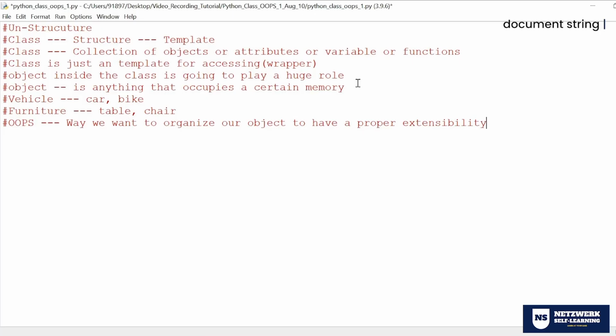I just have to get help from him to extend his features. For example, my dad is on the ground floor where he has everything: food, milk, juices, and TV. Now I'm going to build a home on the first floor, so I cannot afford everything my dad has separately. I cannot buy a chair, table, TV separately. I cannot buy food. I cannot prepare food. So what I can do is get help from my father.